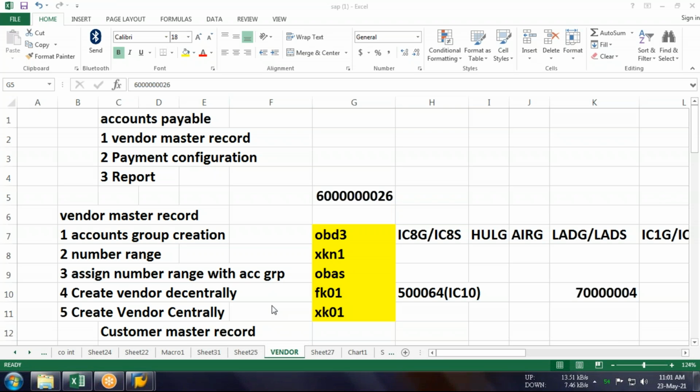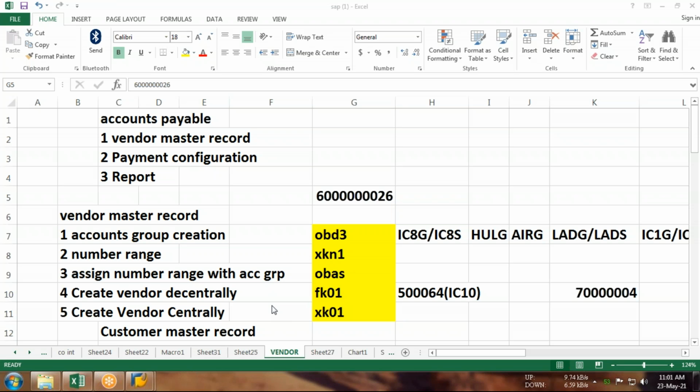So guys, now we need to proceed to the next part, that is called posting. But before getting into the posting, this is all about the vendor decentrally. And how about the centrally vendor? Centrally vendor configuration is totally different.